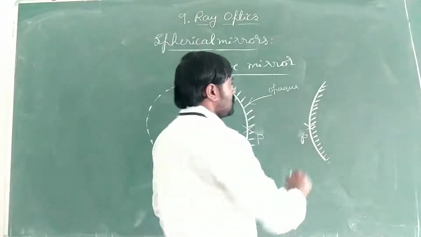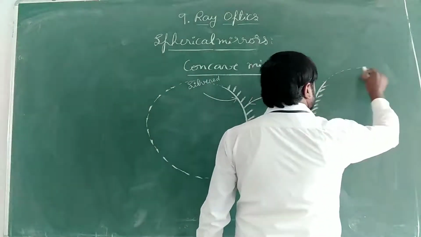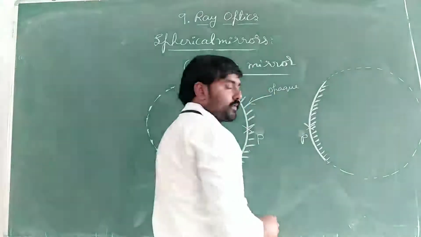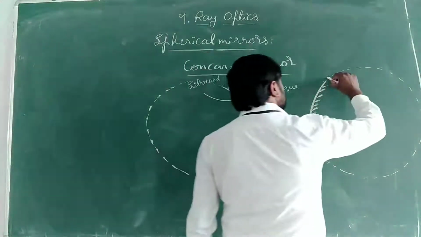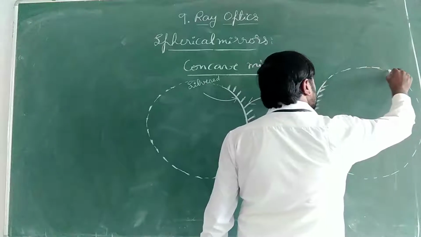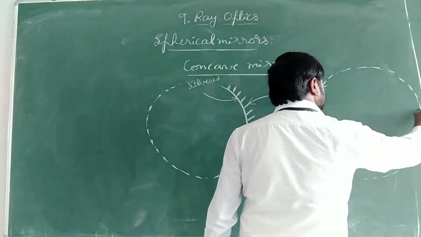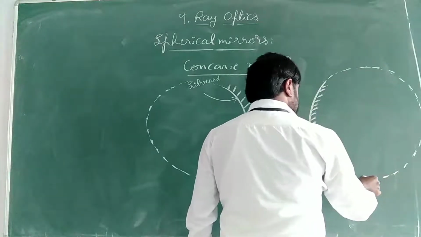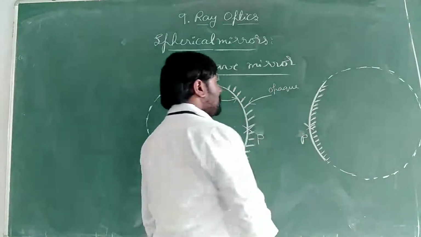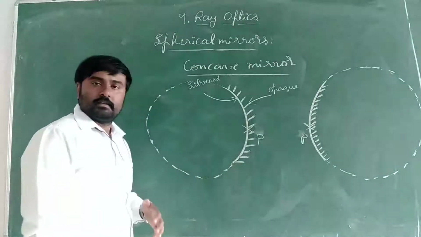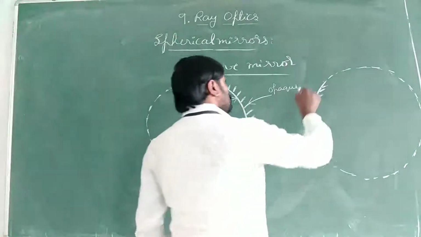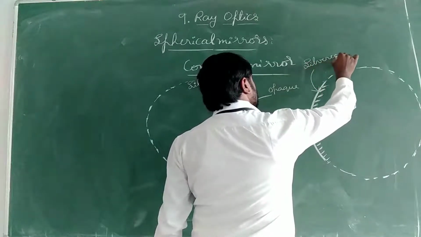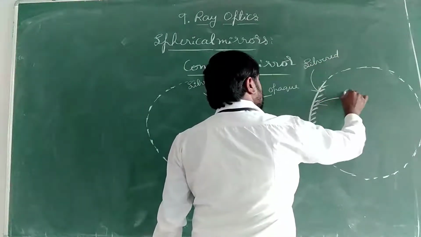So this is a part of a hollow sphere. Actually here light gets reflected from the outside surface. So here it is silvered on outside. Opaque